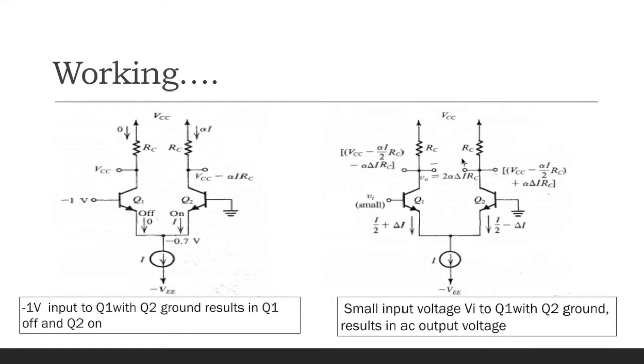But from these four circuits, we have observed that for a common mode signal, the output is 0. If I apply plus 1 volt, one transistor conducts, another transistor is off. If I apply a negative voltage, again Q1 is off and Q2 is conducting. And lastly, the differential amplifier is responding to a small input difference voltage, right? The same we will prove mathematically also with the help of transfer characteristics, the same concept which we discussed right now.